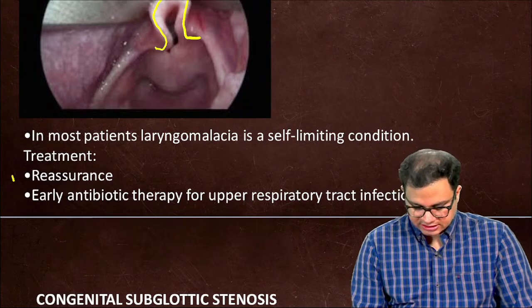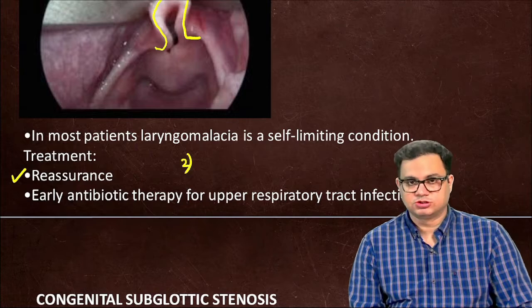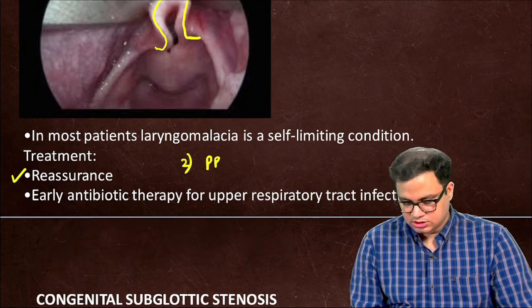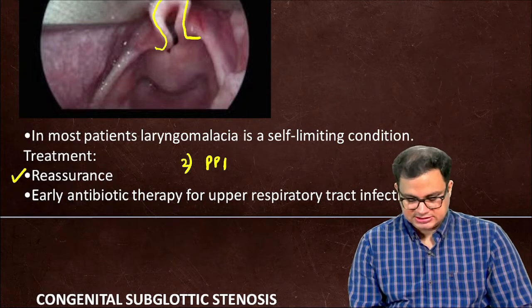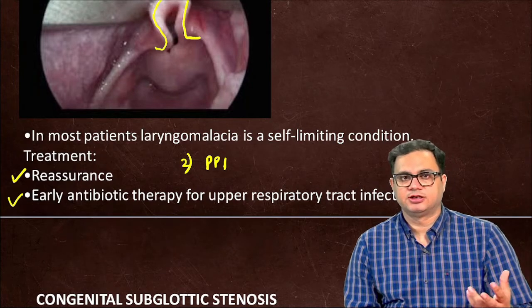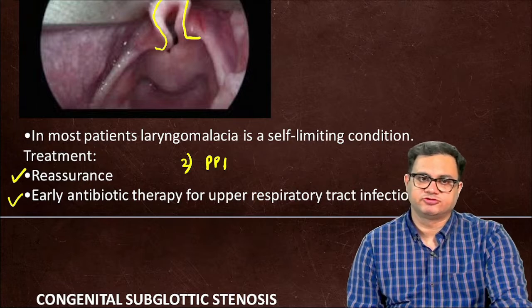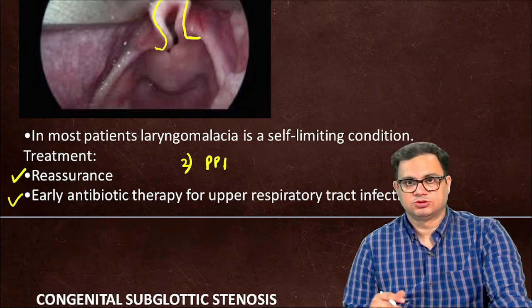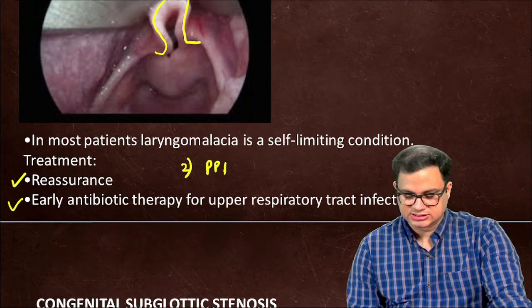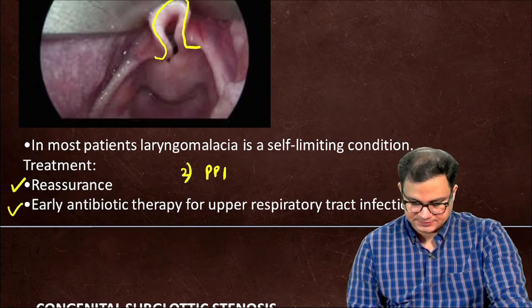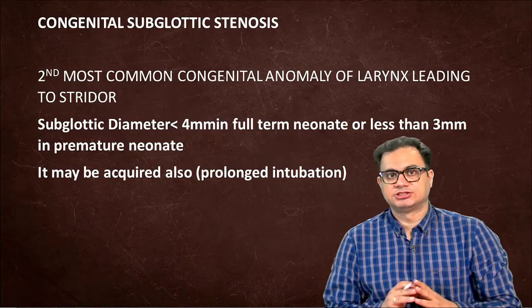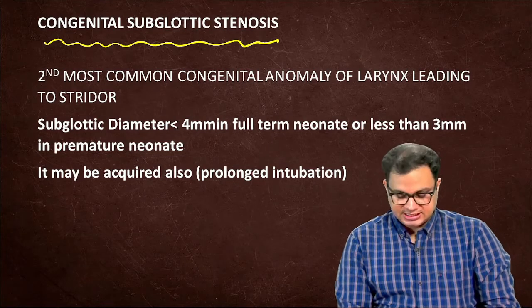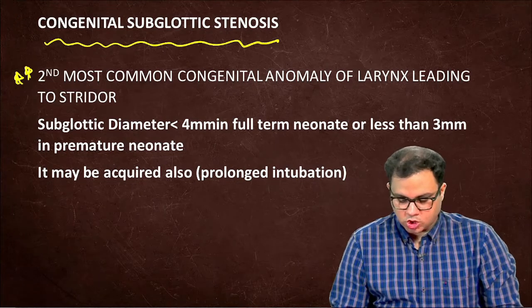Another factor is that we must consider LPR, that is, PPI must be given to the kids. And the third part is that if we encounter any kind of upper respiratory tract infection, we should not hesitate to start antibiotic therapy, because otherwise it may lead to an acute airway emergency. Now the next congenital condition is congenital subglottic stenosis, and it is the second most common congenital